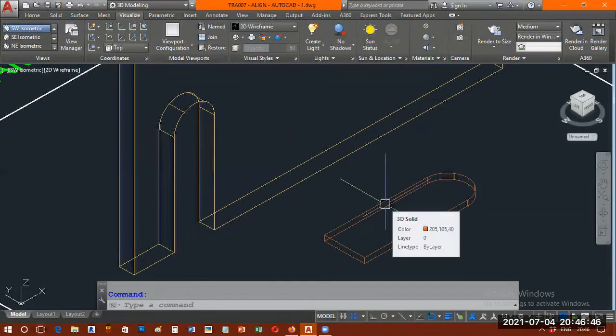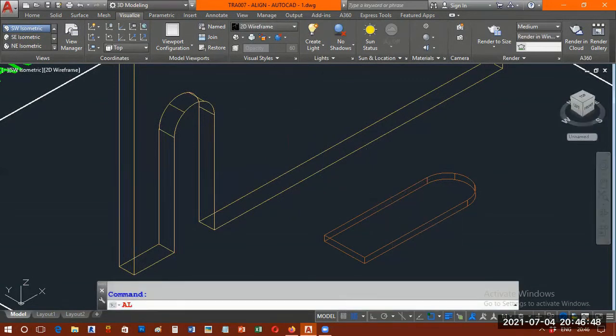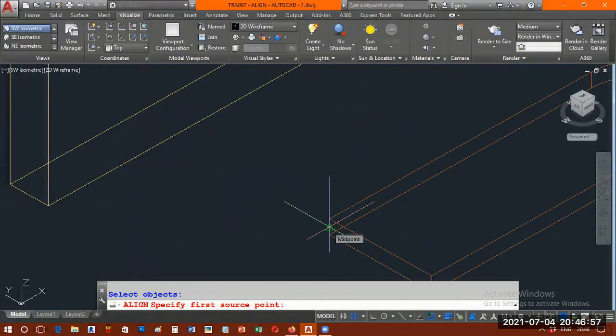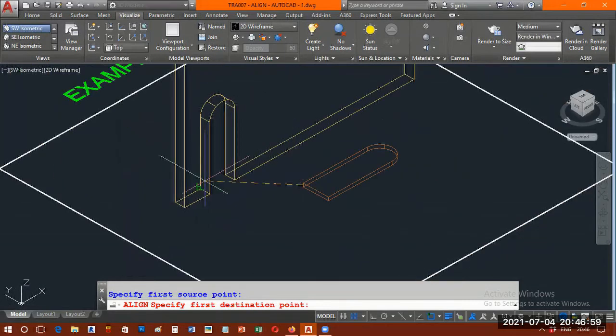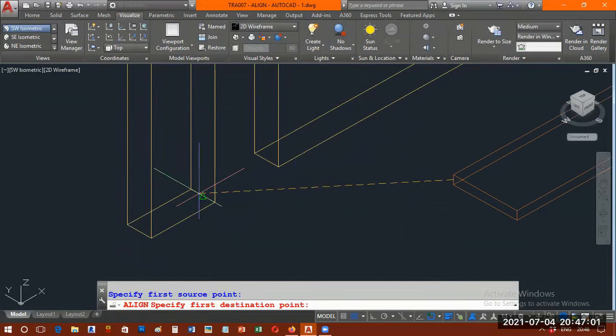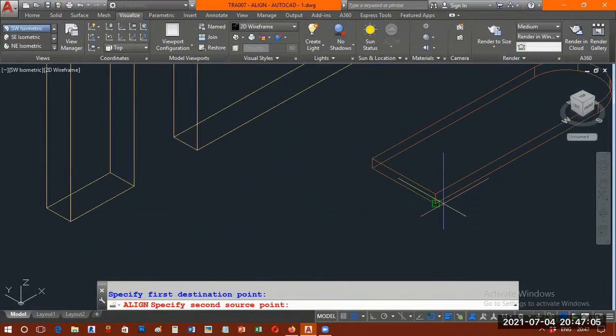Same thing. AL, enter. Select this door piece or door model, enter. Select this carefully, the midpoint. This supposed to go and land on here. Please note, first point will definitely go there. The model will definitely move there. Second point, this mid will definitely go here. That will definitely go there.